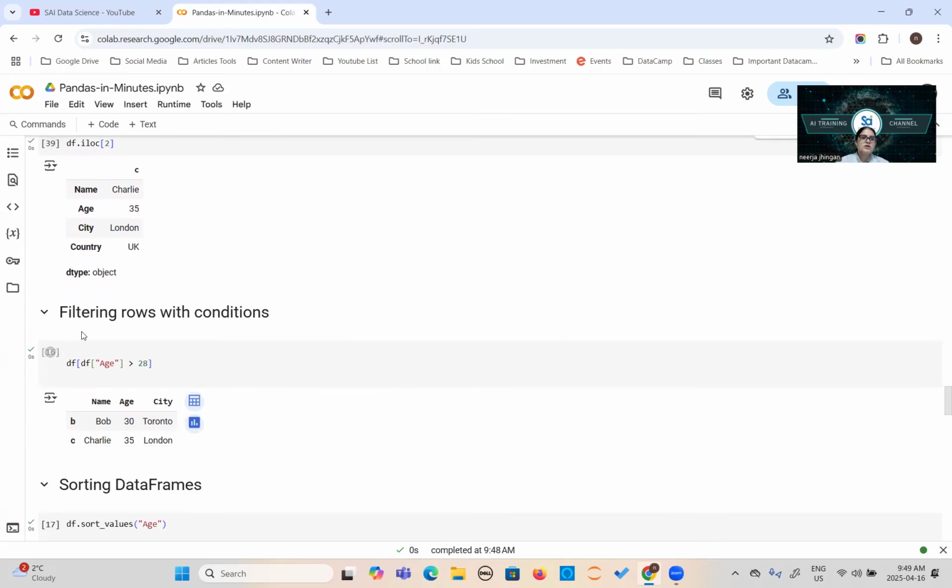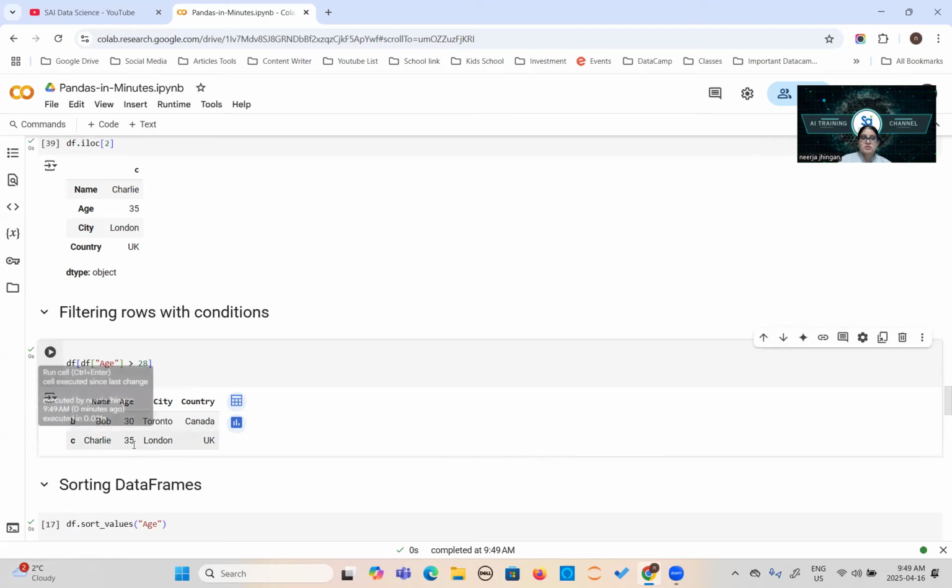Okay. Now, if you want to filter the rows with a condition, it is very easy. If you are using simple loops or comparison operators, you have done less than, equal to, greater than, something like that in your normal Python fundamentals. But in Pandas, it is very easy. Now, here students also get confused. When you are filtering the rows with a condition, you always need df, square bracket, again df with age greater than 28. So if you want to filter the data whose age is greater than 28, only those students should show. So it is showing this one.